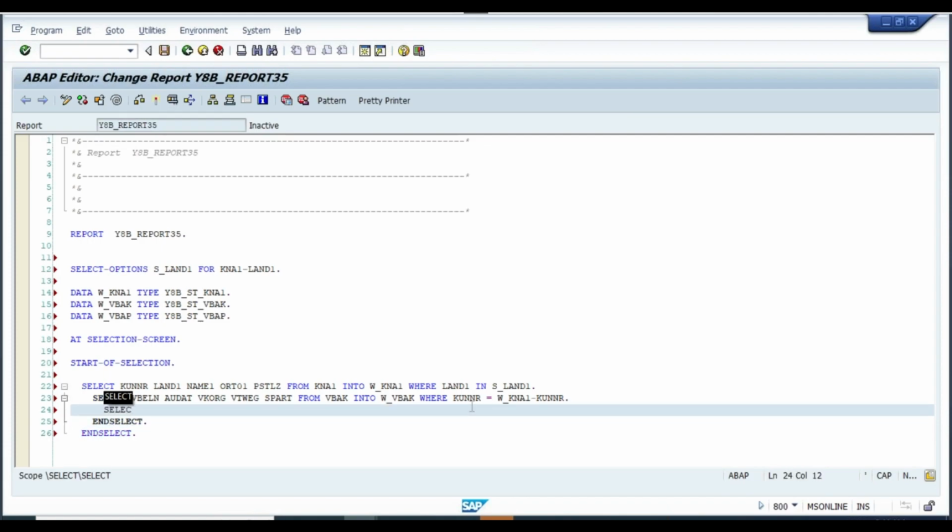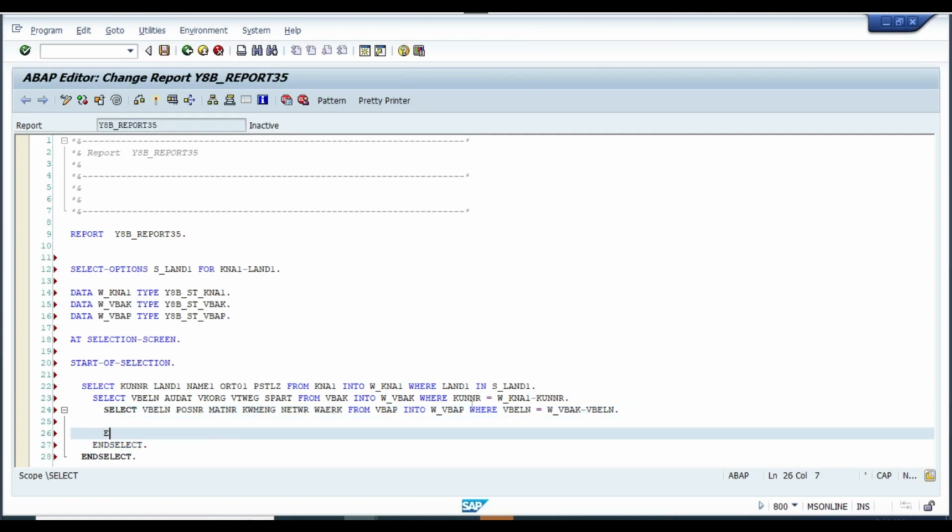followed by select VBELN, Posnr, Matnr, KWMENG, NETWR, WAERK from VBAP into work area VBAP, where VBELN equal to work area VBAK VBELN, and select. So select inside select, followed by